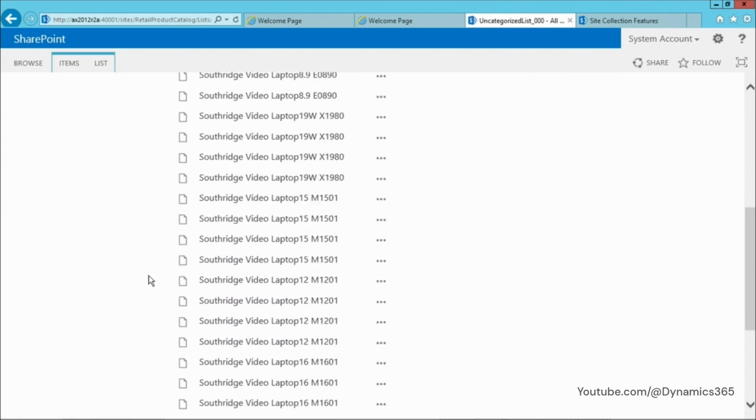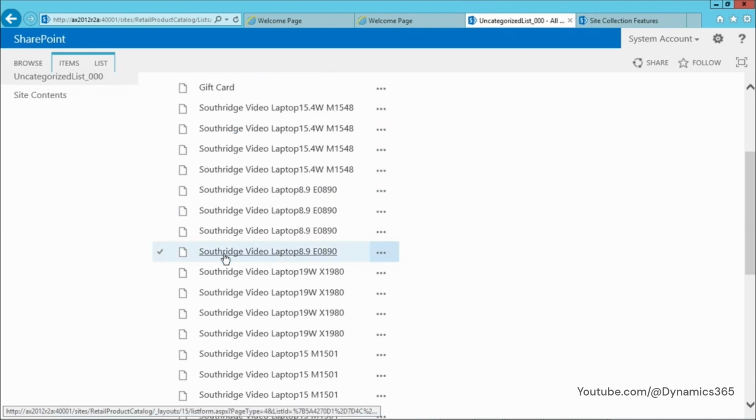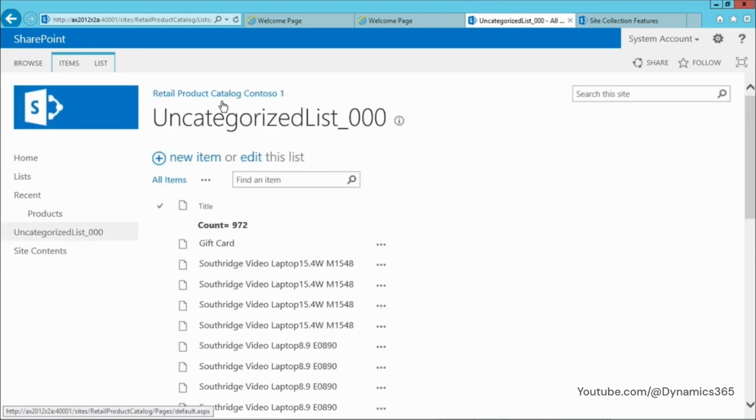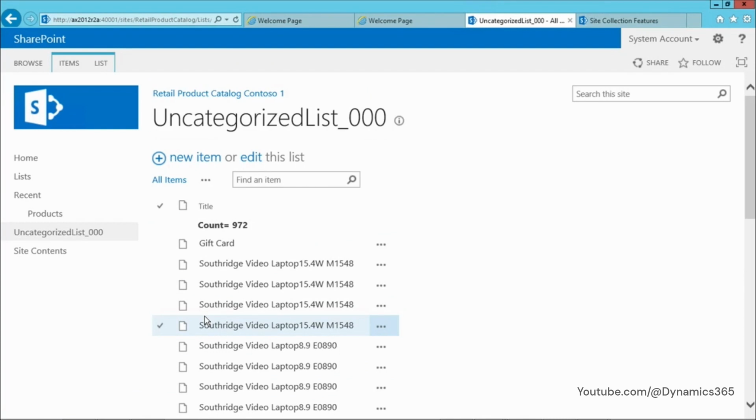If you see here, each and every product from the CRT database, which was picked from AX and placed into CRT through Async Server and Async Client, is pushed to the product catalog through a timer job. If you find all the products visible over here, then you are pretty good in terms of the entire installation process. But on a first-time installation, you may not find all these products populated